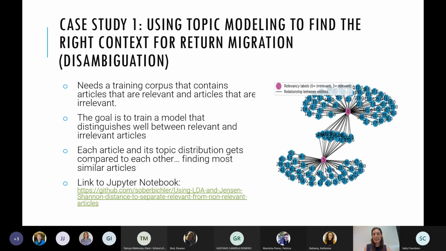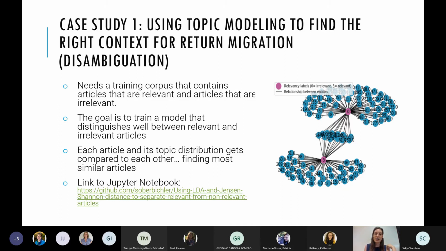As you can see in this figure, the numbers in the blue circles are the topic numbers. Each topic is represented by a number. And I actually trained a model that distinguishes very well between the relevant and